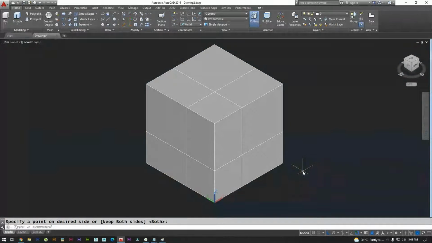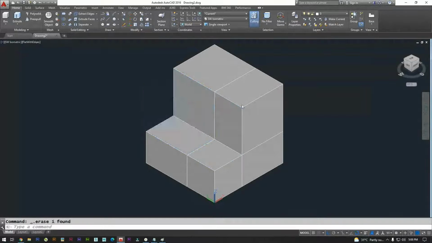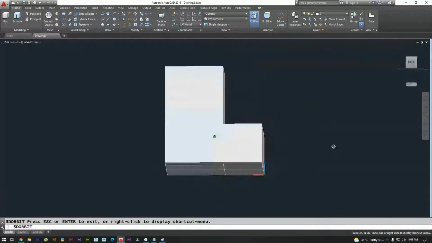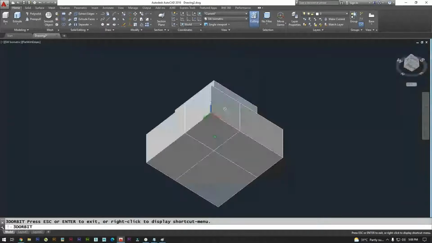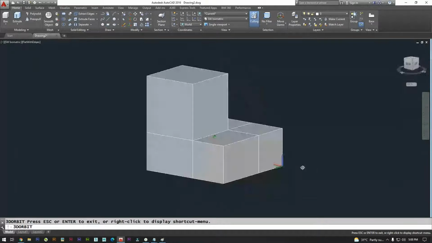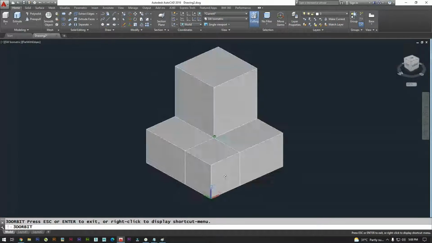Now you can individually delete the parts, like if I don't want this portion, select and delete. So clearly I can do it like this.